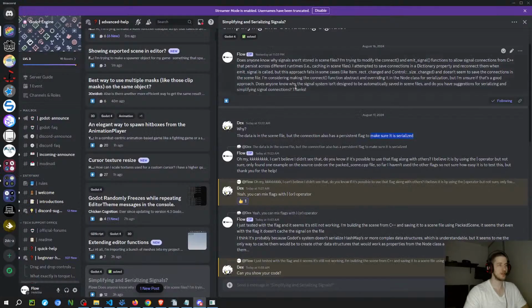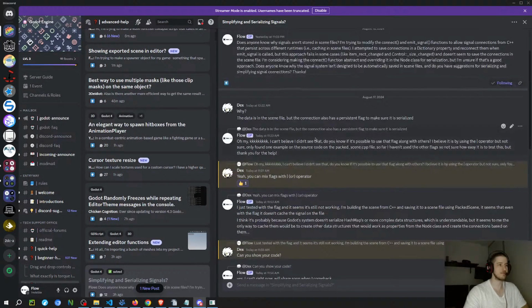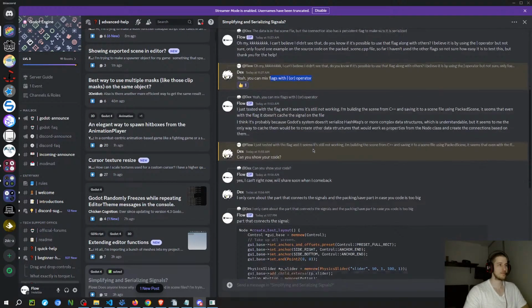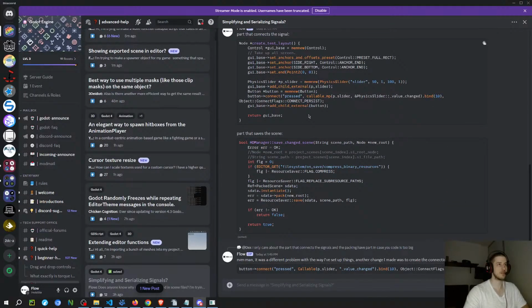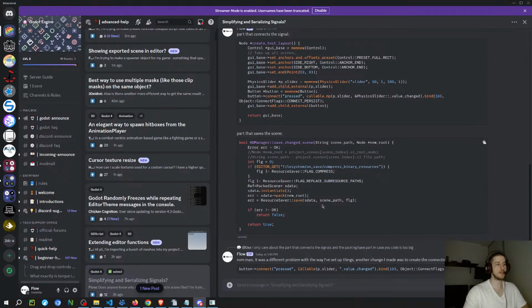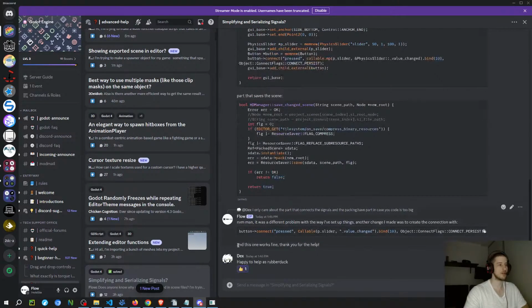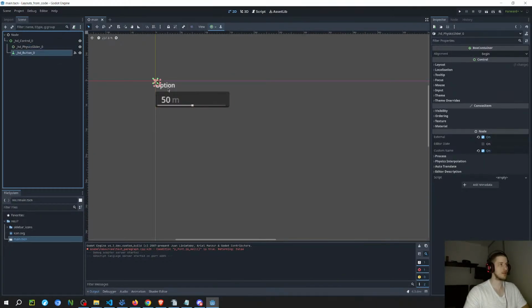I'm gonna close this. This is basically the responses here. So I was thinking about a way to implement this. First I thought it was wrong because of the thing that I said, where I already had the scene and it wasn't updating the signal, so I thought it wasn't caching, but it's just because of the code that I have there. It looks like it saves the signal in a different way than it saves the